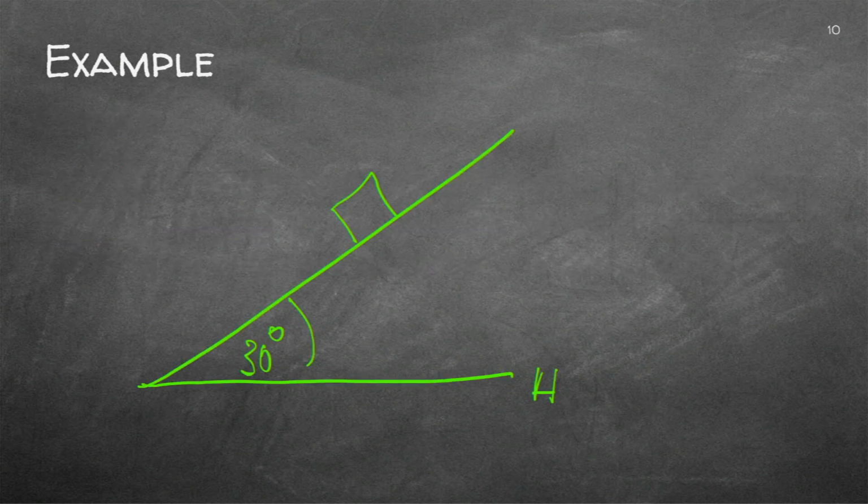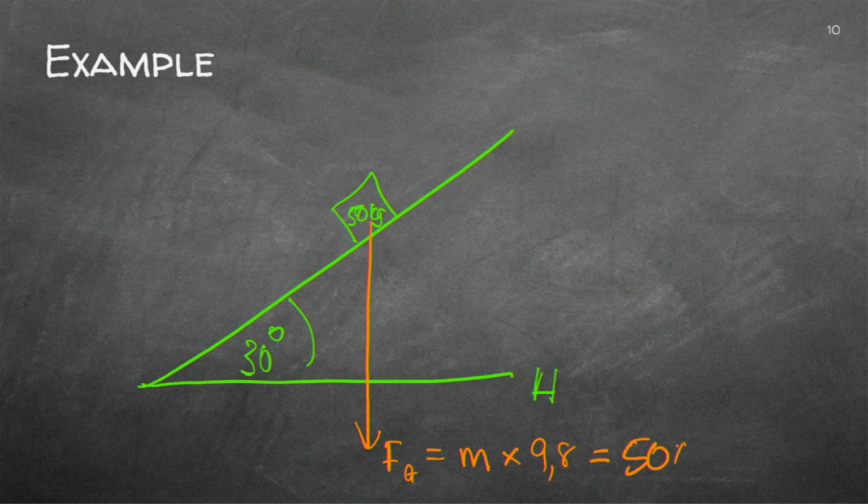So let's do the 50 kilograms there, and immediately, please guys, immediately work out what you would find the weight to be. So I go to my equation, which says mass times 9.8, which in this case is 50 times 9.8. And if you do it accurately, you'll find an answer of 490. What are the components? Well, this one will be the perpendicular component.